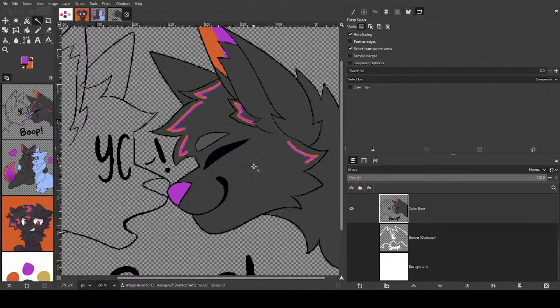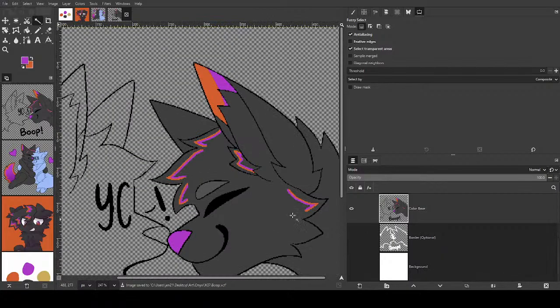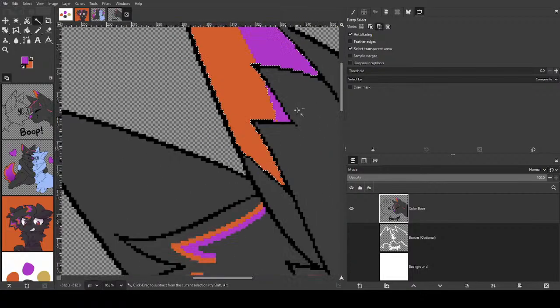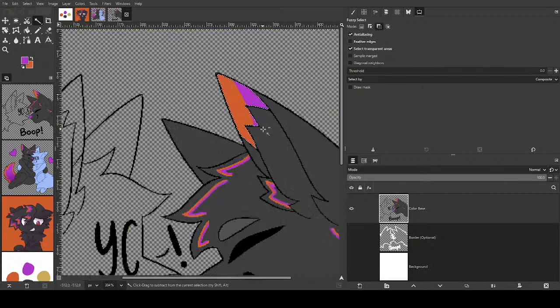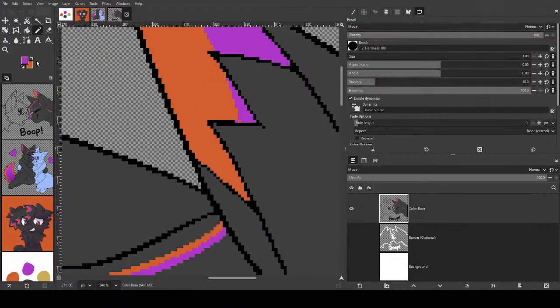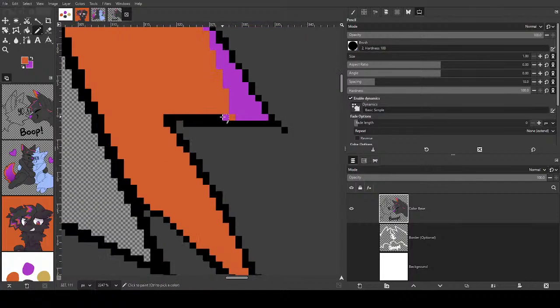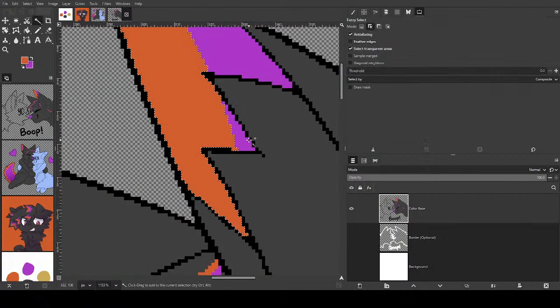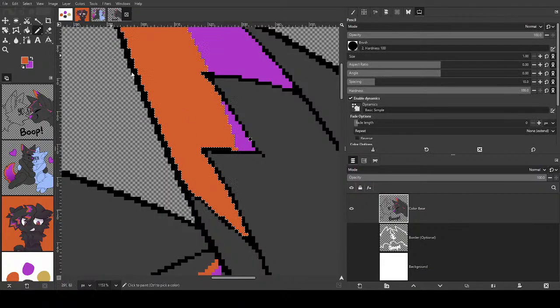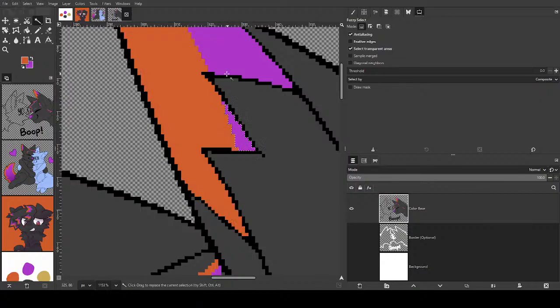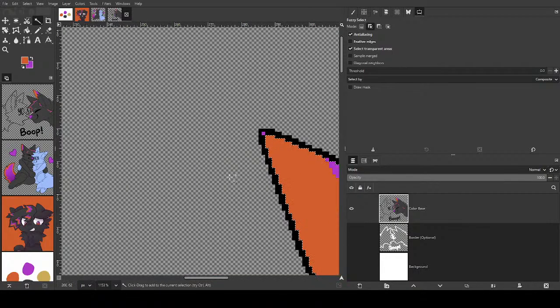And now I'm just gonna basically select this and this with the fuzzy tool, just using shift. Actually, I need to fill this in properly. Just gonna knock that one too. Select these,